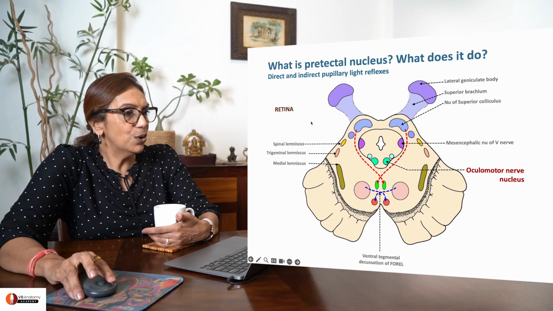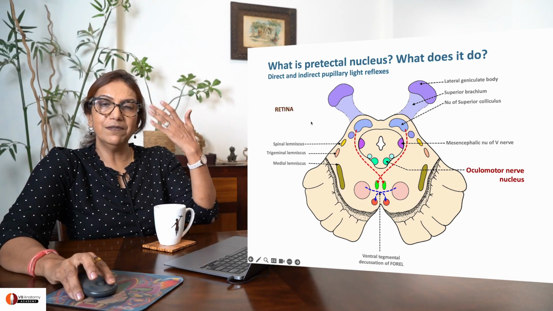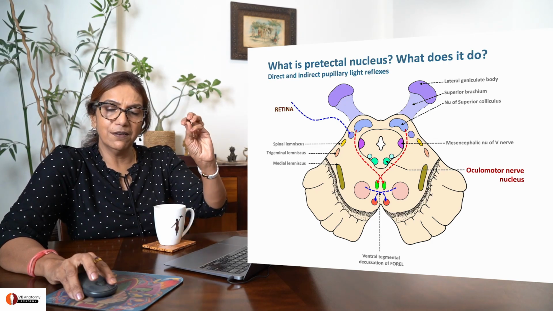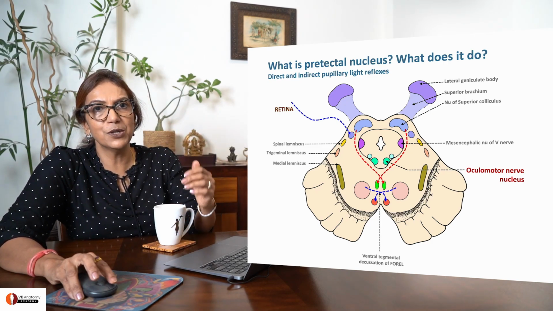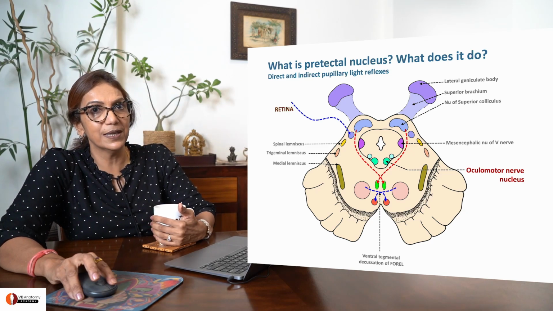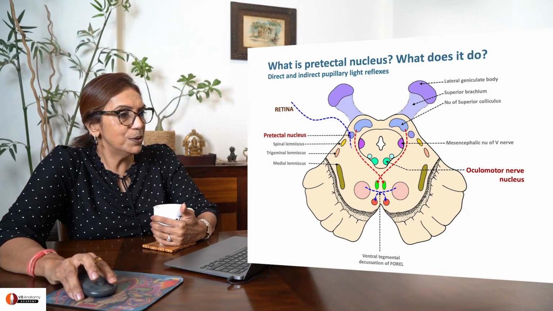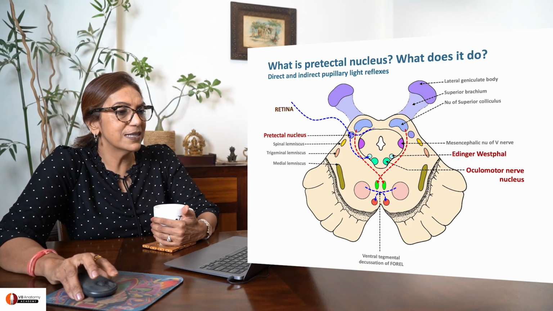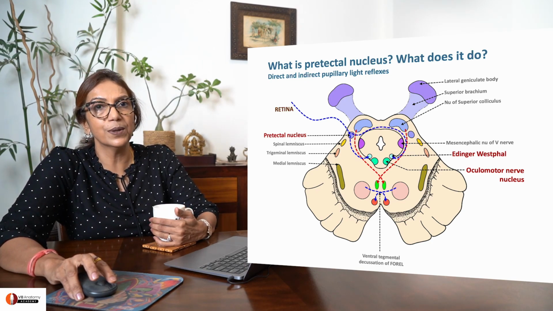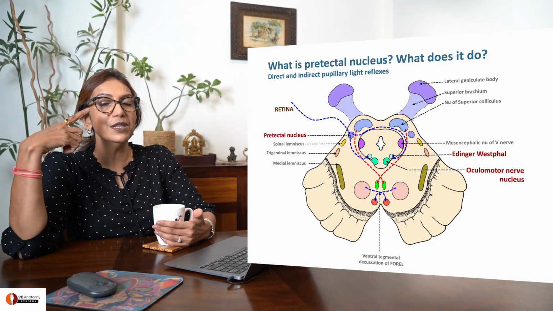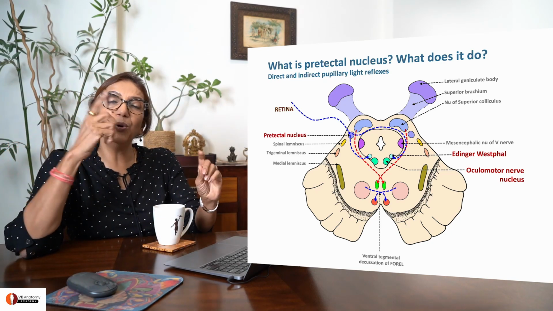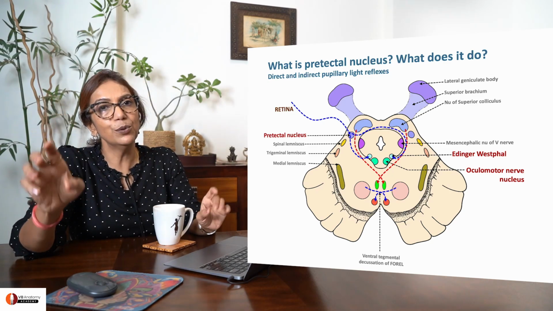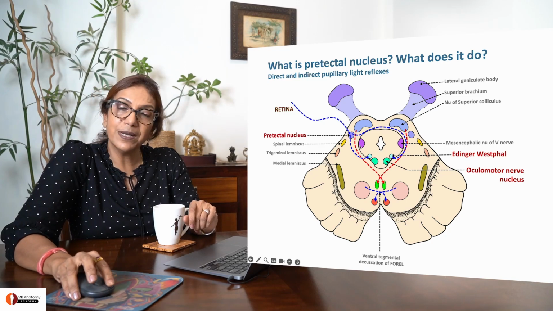So, here is your retina, which is receiving some visual stimulus. It reaches that information to that side pretectal nucleus, which in turn stimulates the same side Edinger-Westphal nucleus, but also stimulates the opposite side Edinger-Westphal nucleus. So note, even if you see from one eye, both side Edinger-Westphal nuclei are stimulated through the pretectal nucleus of that side. How does it matter?